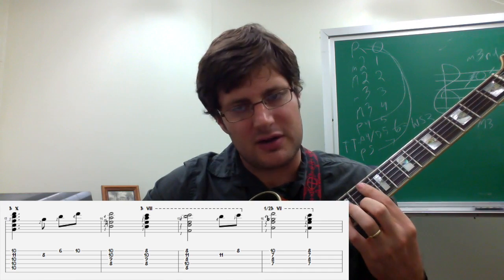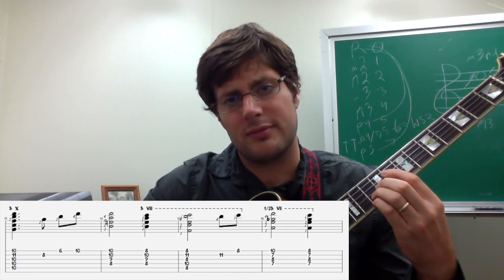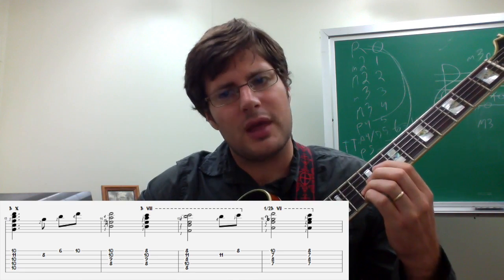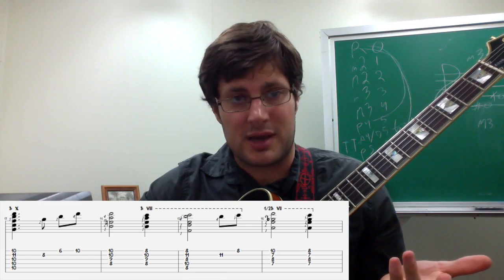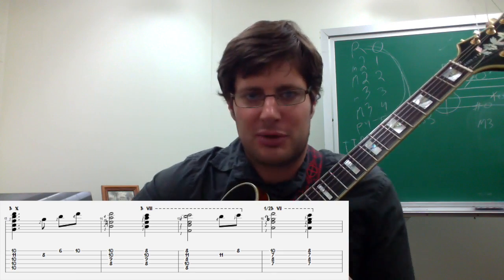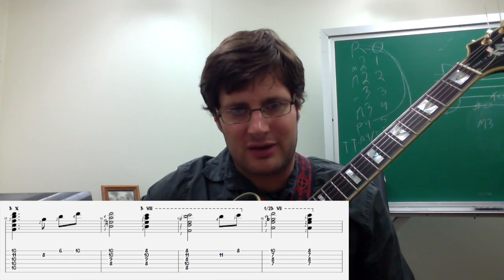That makes the connectivity very smooth, as you can see. It's a lot easier of a movement too. Had I kept the fingering down here, I would have had to lift it up, and I could have a chance of making a mistake, and you don't want to make any mistakes, especially on tryout music. Tryout music, you want to find the most dependable, secure way to play something and stick to it and be consistent all the time, because your brain will freak out and you never know what happens when you